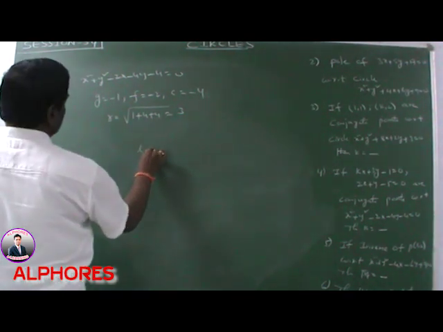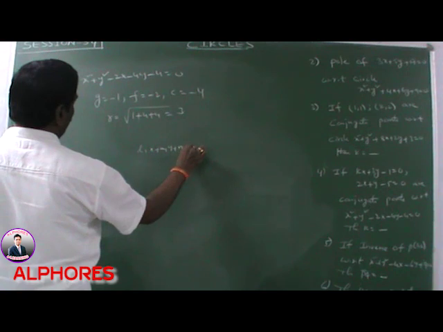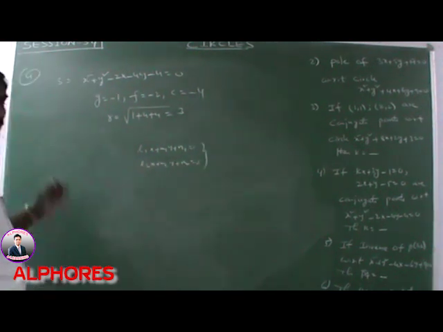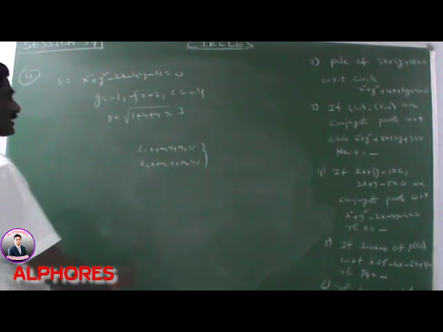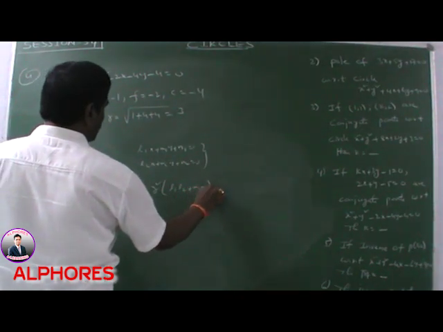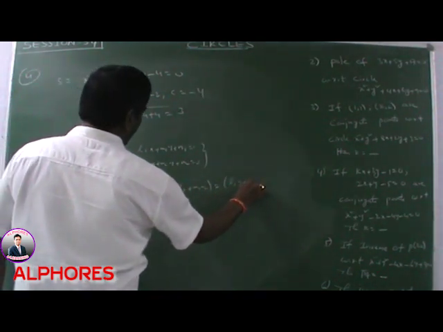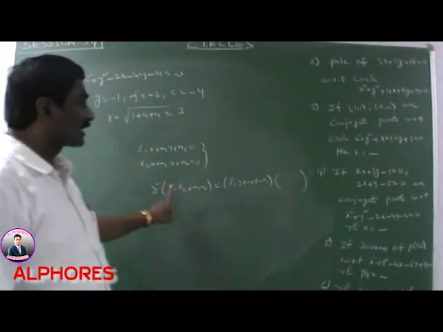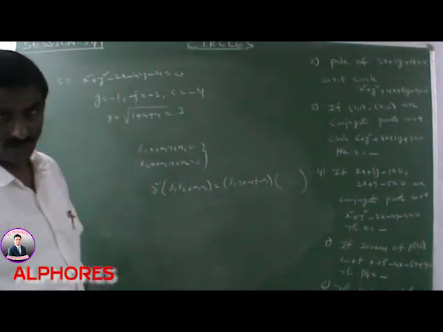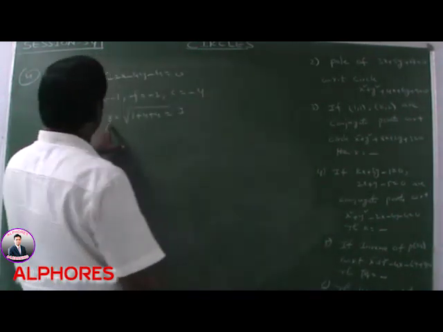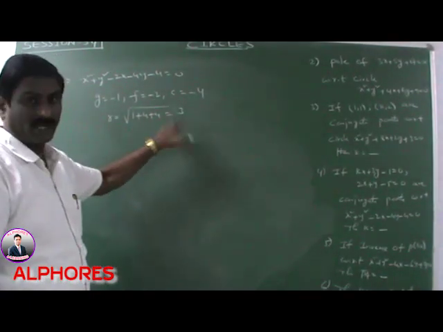Radius is 3 units. If the two lines L1x plus M1y plus N1 is equal to 0, L2x plus M2y plus N2 is equal to 0 are conjugate lines with respect to the circle S is equal to 0, what is the condition? r square into (L1 L2 plus M1 M2) is equal to (L1g plus M1f minus N1) into (L2g plus M2f minus N2). By using that property, we find the unknown value k. Okay. Here g, f, c and r values: r is equal to 3. Okay. Next,